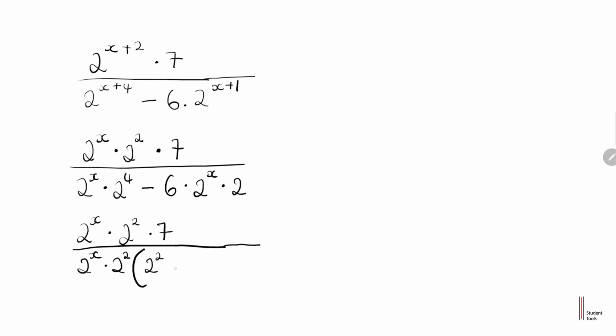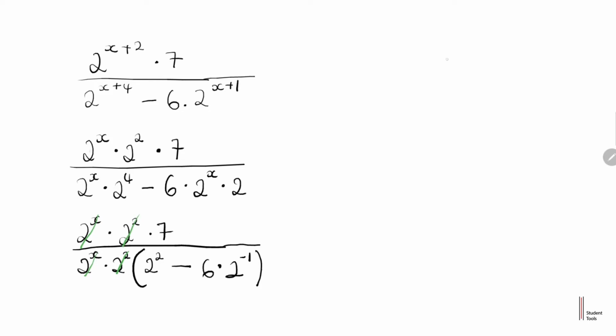So this will be minus this 6, which will have to be multiplied with 2 to the power minus 1, because here 2 multiplied by minus 1 is this 2. So then we close this bracket, and then when we have something like this, we can now cancel this, and this will cancel this,